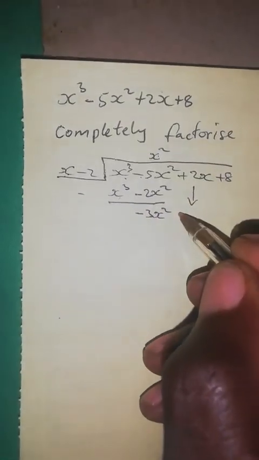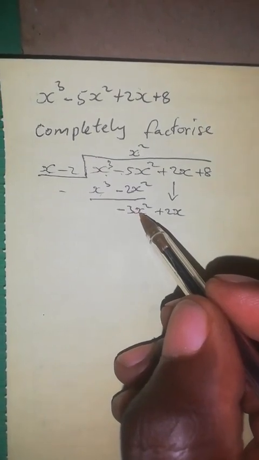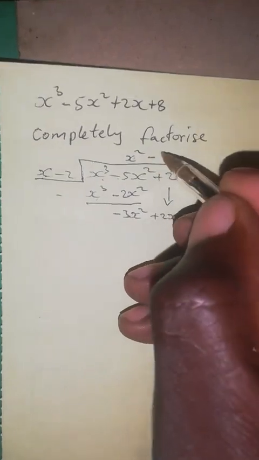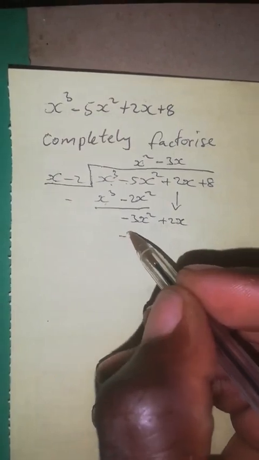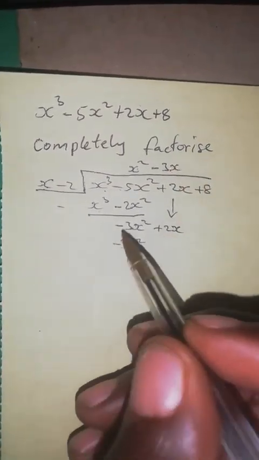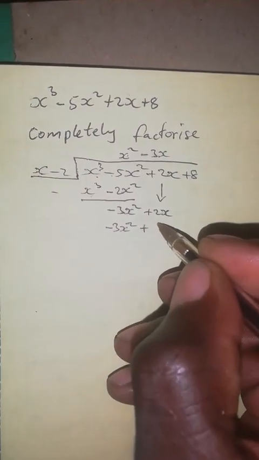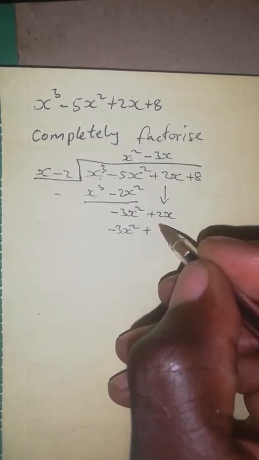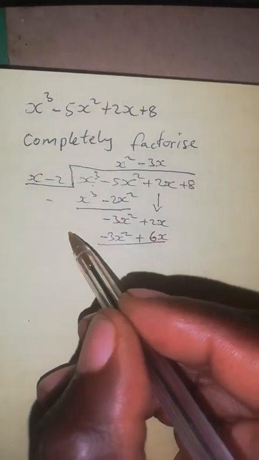We pull down plus 2x. We divide x into minus 3x squared. It is minus 3x, which means minus 3x here. Minus 3x times x, it's minus 3x squared. Minus 3x times minus 2, it's plus 6x. Right, we divide, we subtract,